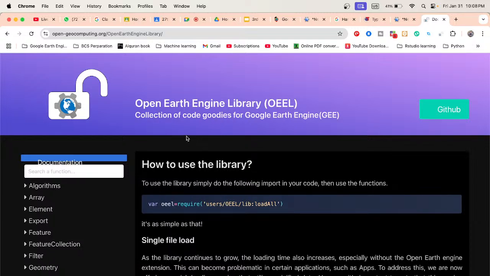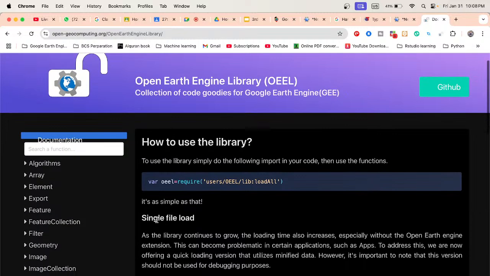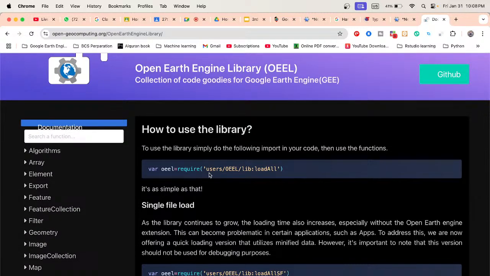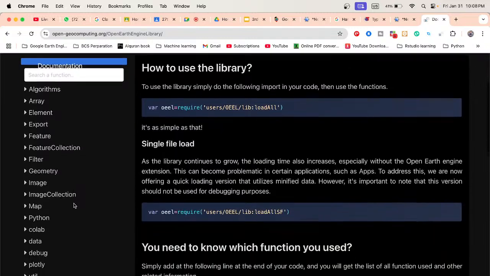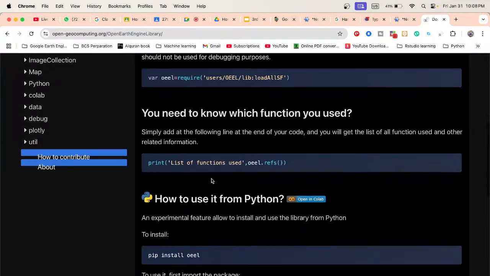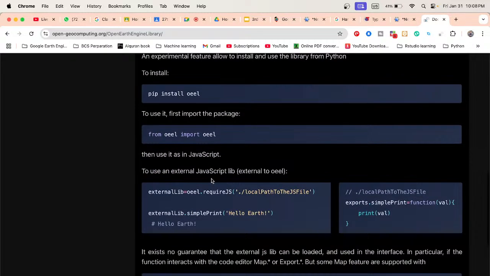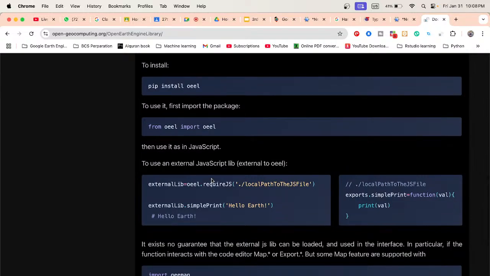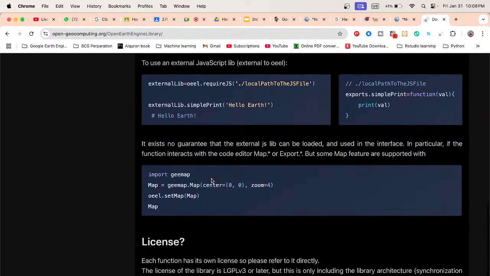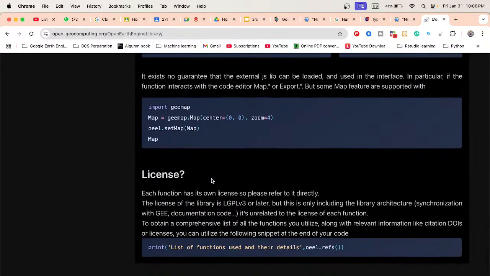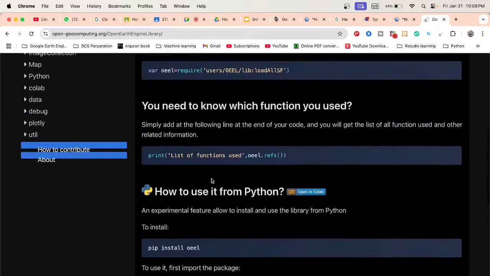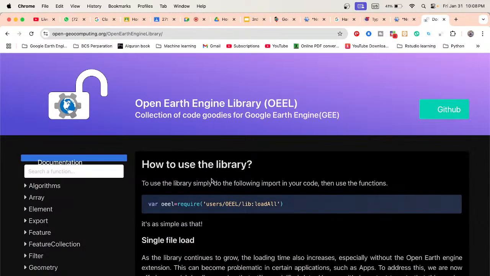Here you can see this is one kind of function. To use the library, simply do the following: import it in your code, then use the function. You can see it simply loads, so we can easily load this type of file. It's one kind of Open Earth Engine library, and with these things we can easily work further. Basically, for different purposes this type of library helps you, and we can also connect these with Python. Here you can see it's one kind of function we find. First function,